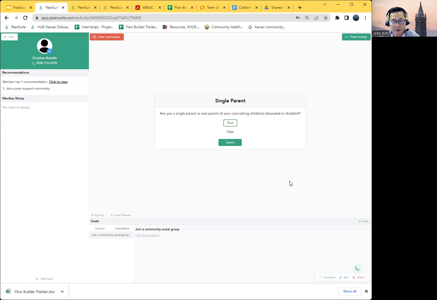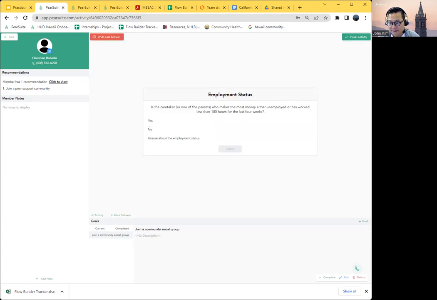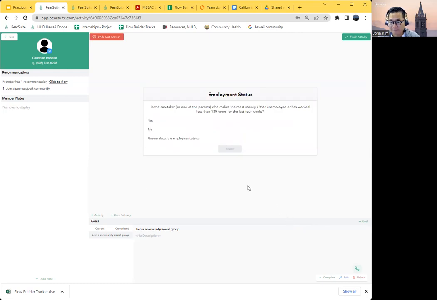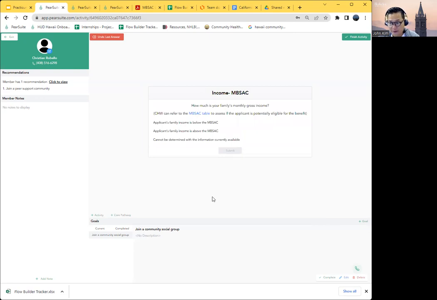If I answer no to whether the person works less than 180 hours for the last 4 weeks, then the system checks that data against the eligibility criteria, and now you're found ineligible. So let's back out. If you say yes, the system directs you to the next question,